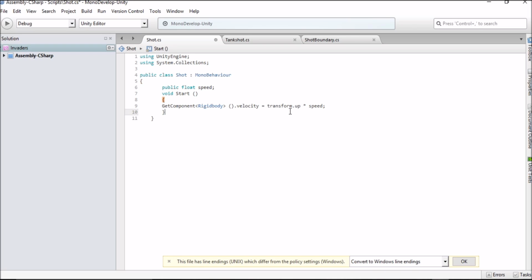But there's one difference this time around. Transform.up actually used to be transform.forward. Now, we had to change that because we're working in Unity's 2D mode. If we kept it at transform.forward, our bullet would actually travel along the z-axis, which isn't what we want, because